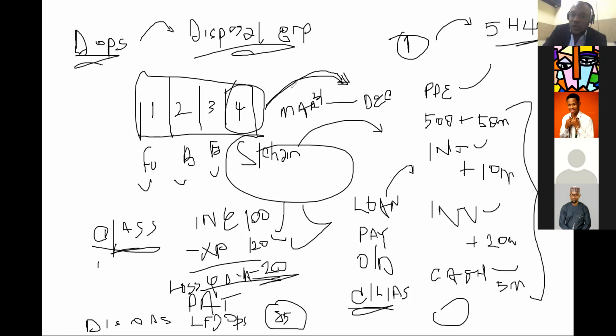With a disposal group, if our total PPE was 550 before, and the part belonging to the disposal group was 50, we will not write 550 again. We'll actually write 500 for the rest of the PPE, remove whatever it was from all the other assets, and then reflect it as one line item as a current asset. Same thing with the liabilities attributable to that disposal group. Remove all of them from their different places where they would have been before and reflect them as one line item